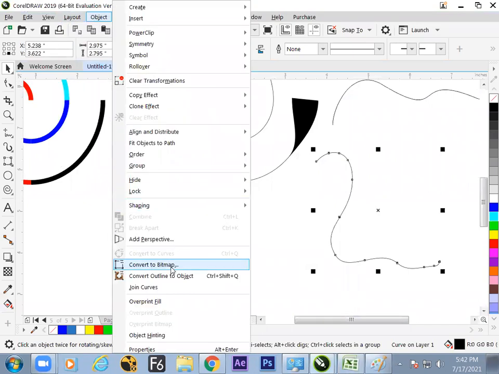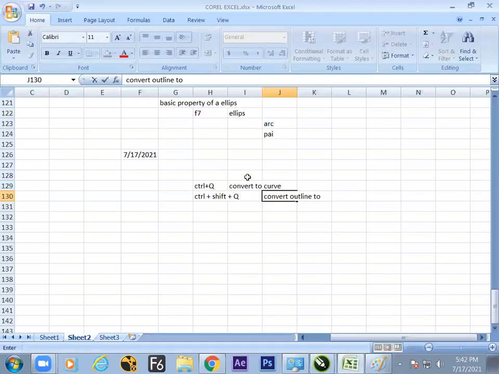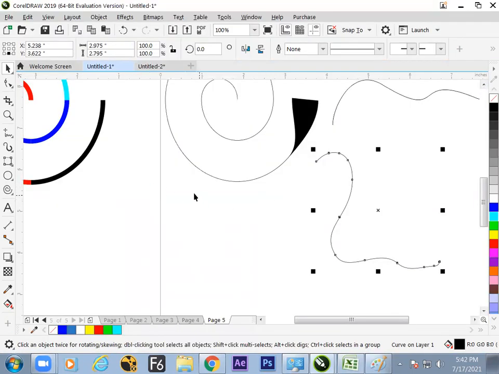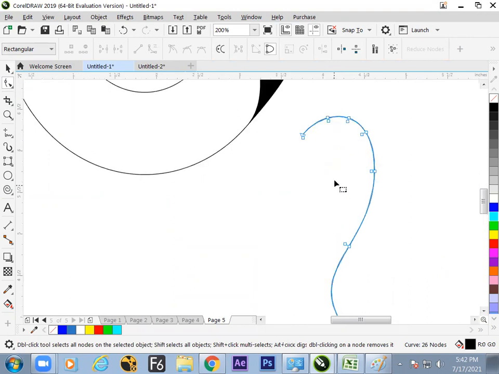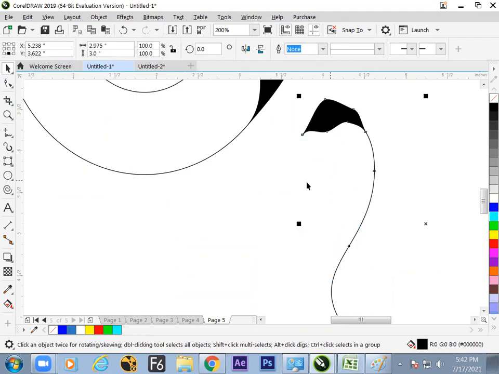What is that? Object. Now let us see the practical. So once it is converted outline to stroke, at any point we can drag it a little more. So hope we have understood now how to give thickness to a line. Does this option clear? Is it okay?